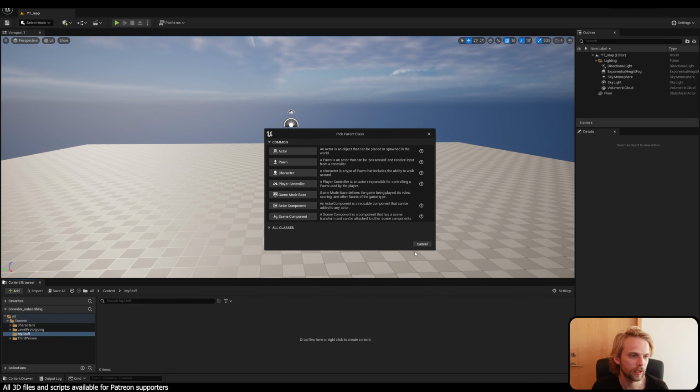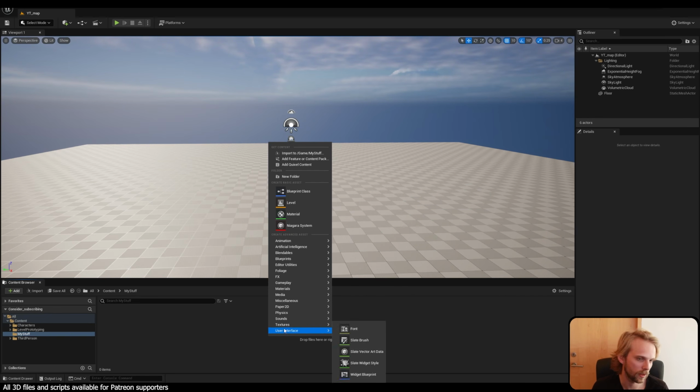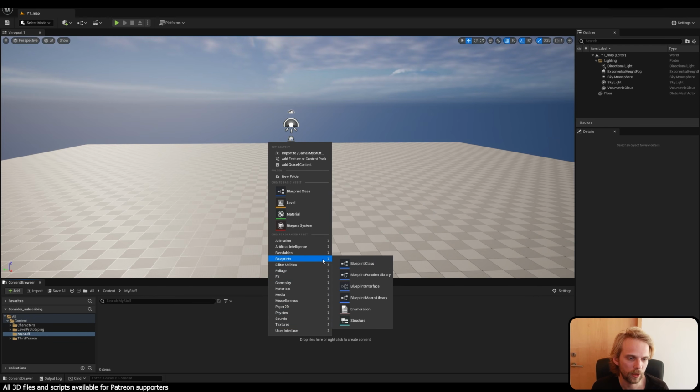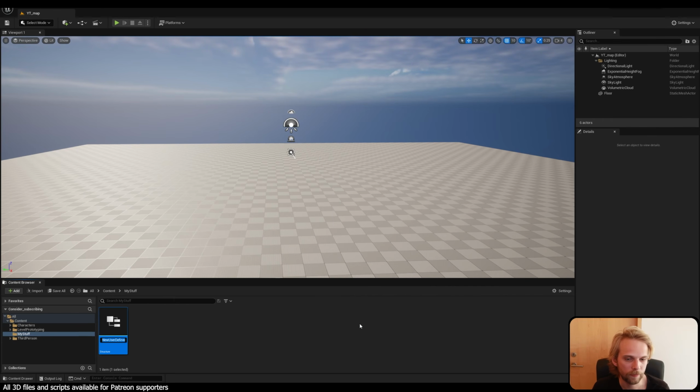No, sorry, that was my bad. We don't choose blueprint class. We go to blueprints here. By right clicking, we go to blueprints and we choose structure. It's gonna be right here. So we're creating a structure of how Excel spreadsheets are gonna be read. Structure. We call this